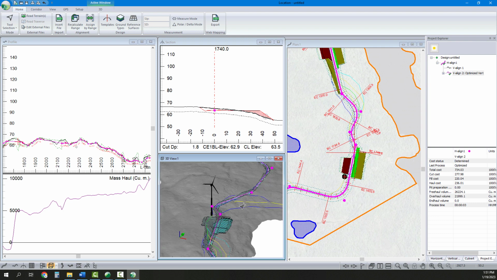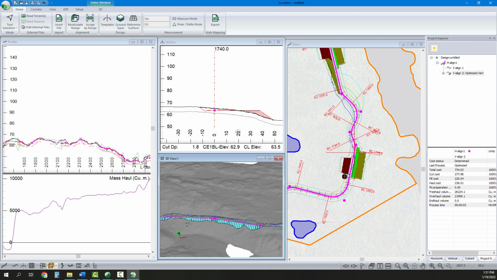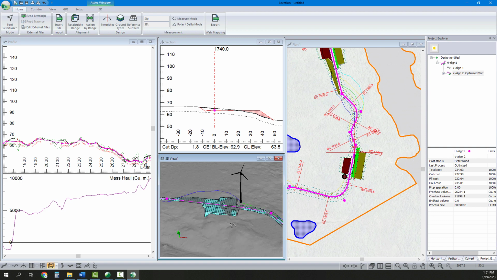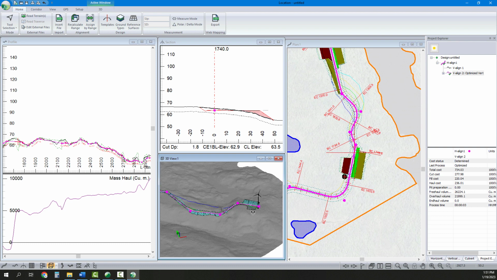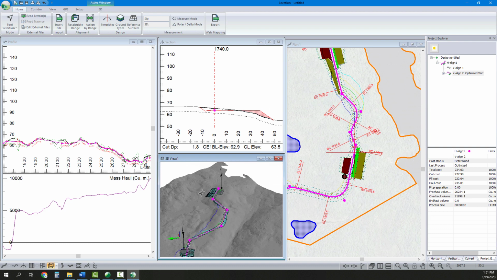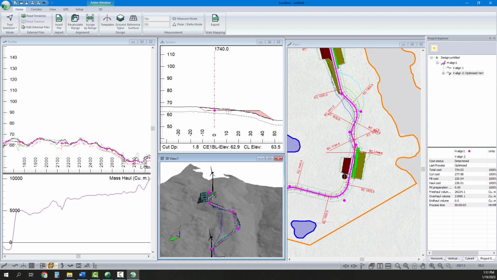Happy with that. Happy with that one. That looks reasonable. And this one,